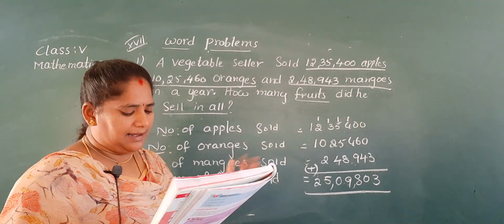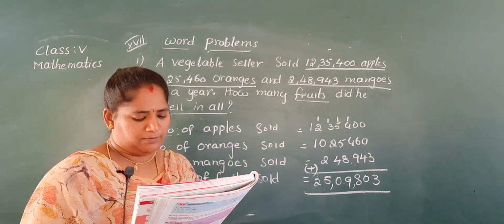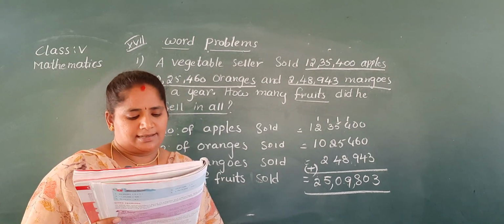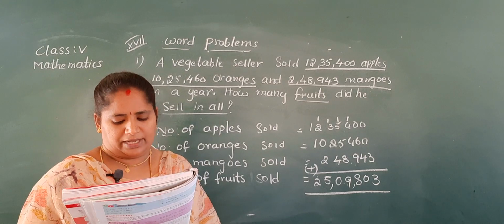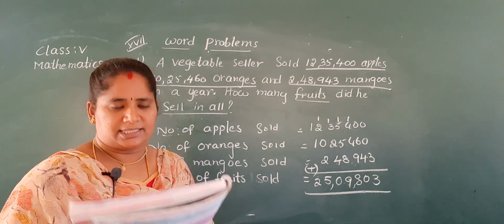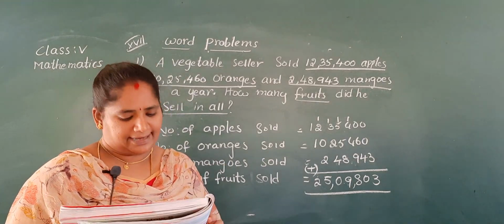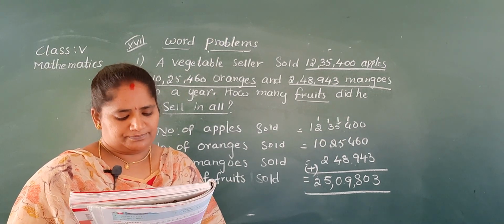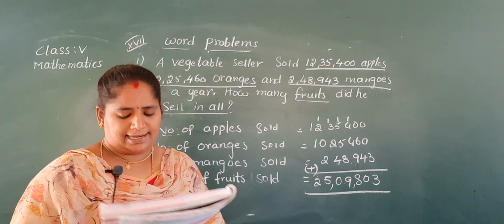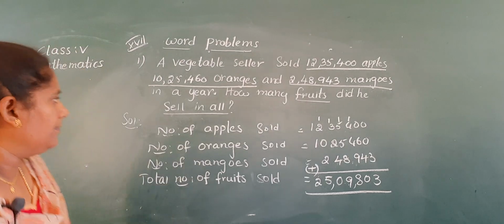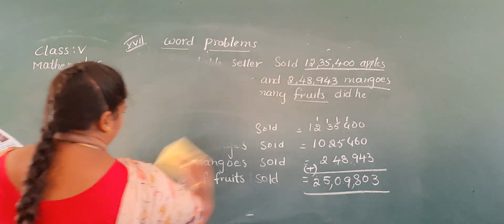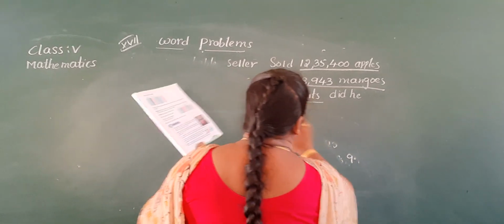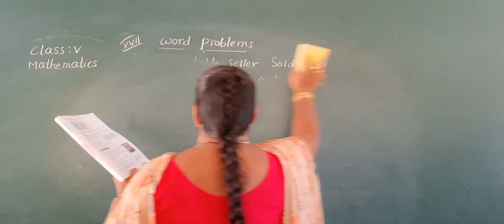And vegetable seller I explained. Now I will explain one more problem. So difference. See the fifth question, Nana. And fourth question already you know that very well. Find the total number of soft drinks. Total means we should add all the drinks. Now fifth problem. Janai's annual salary is. Yes, note down that question. So here I will explain one addition and one subtraction problem by changing the numbers.